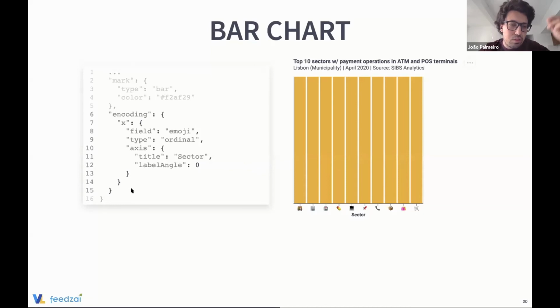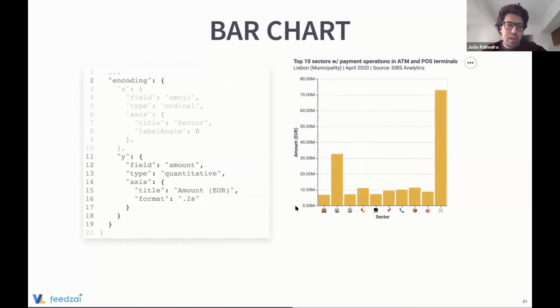And I will also provide some guides for people to easily match these bars with my data. Basically I want an axis with the title sector, and the label angle is just so that this information here is not rotated.